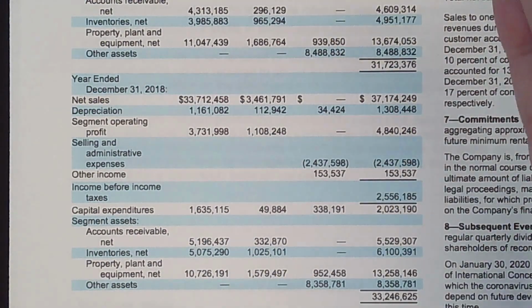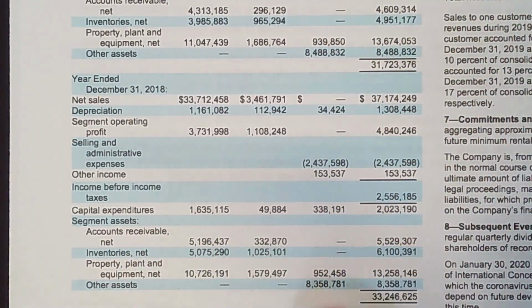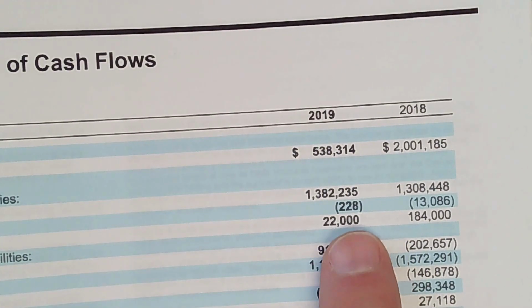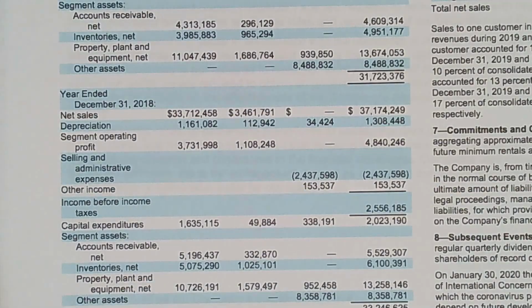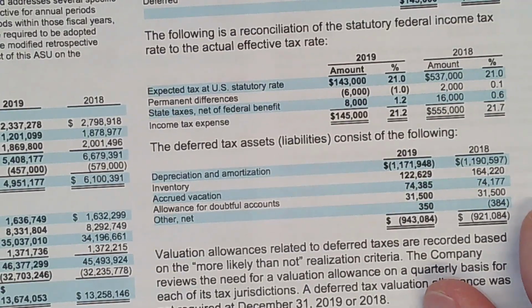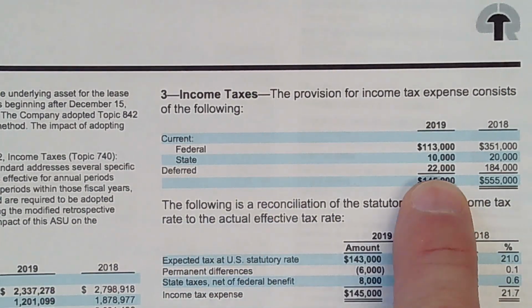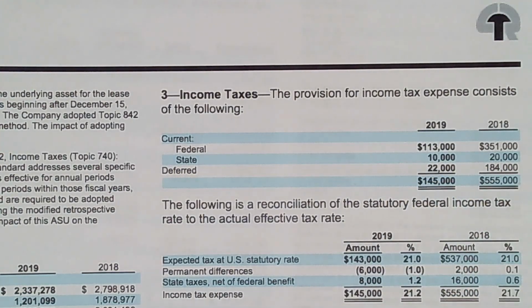But you should be able to tie out or get close with some of the things that you see in the footnotes, right? So for example, $222,000 in deferred income taxes. I can go to my footnote disclosure on income taxes and see that my deferred income tax ties out to $22,000. So in some cases you can get right to it. Other cases it may take a little bit more time.